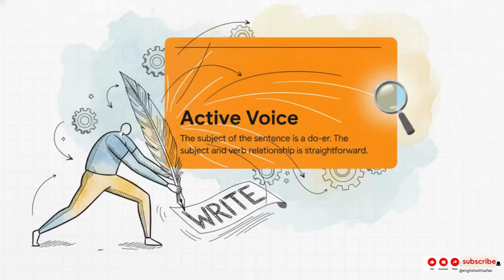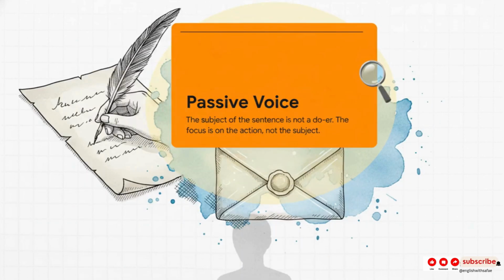So let's lock this down. Active voice, the subject of this sentence is the doer. They are the one performing the action. It's direct, it's clear, it's got energy. Sam does the writing. Bam, simple. Now in the passive voice, the subject is the one getting the action done to it. The letter gets written. And this isn't some kind of mistake. It's a deliberate, strategic choice to pull the audience's focus away from the doer and put it squarely on the action itself, or on the result.